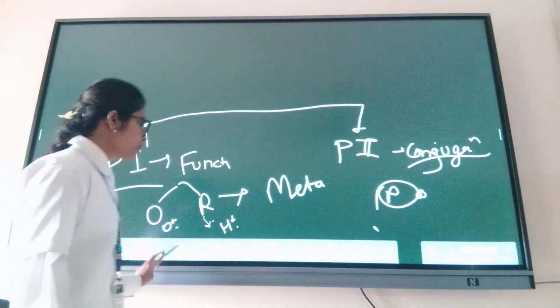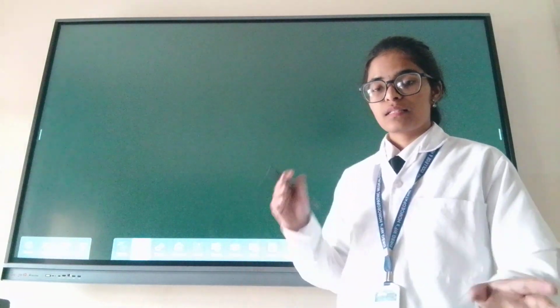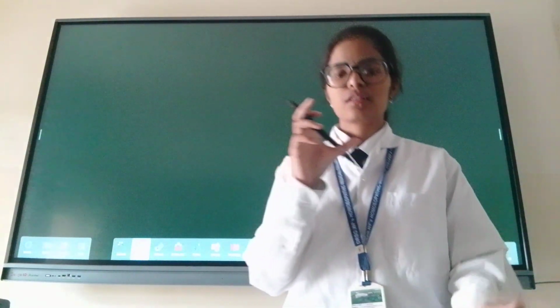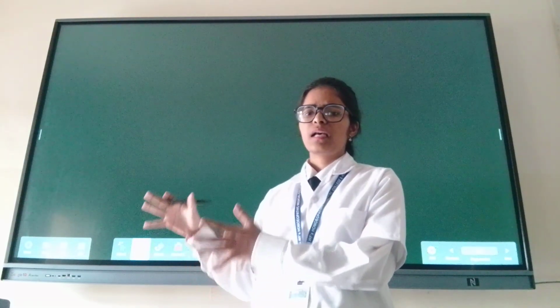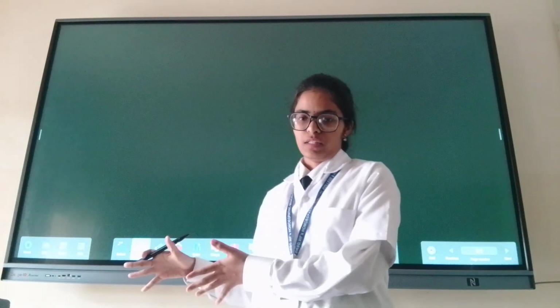There are some names of these conjugates: glucuronic acid, glycine, sulfate, like that. Right? Glucuronic acid, glycine, sulfate. These are the conjugates. Phase 1 is also known as non-synthetic and phase 2 is also known as synthetic. Phase 1 is non-synthetic or what we said functionalization, which is oxidation and reduction. Phase 2 is synthetic or conjugation.